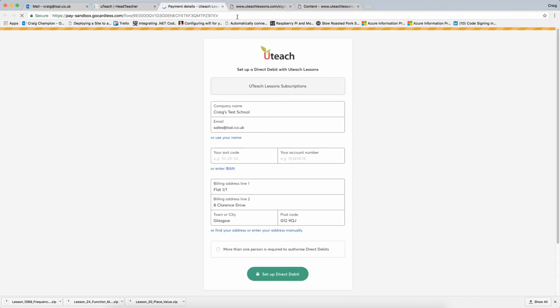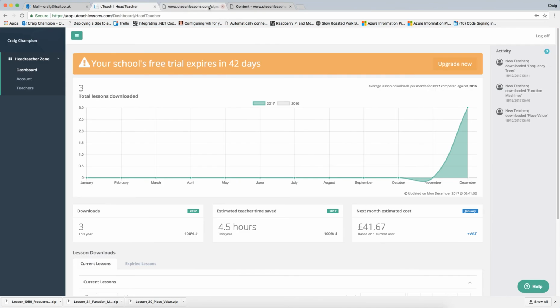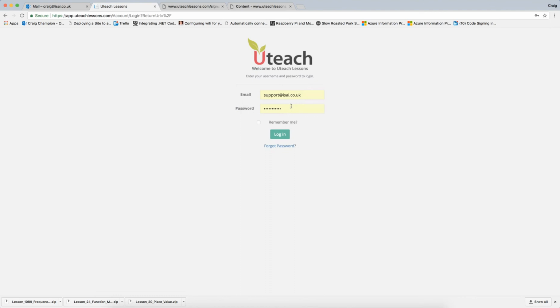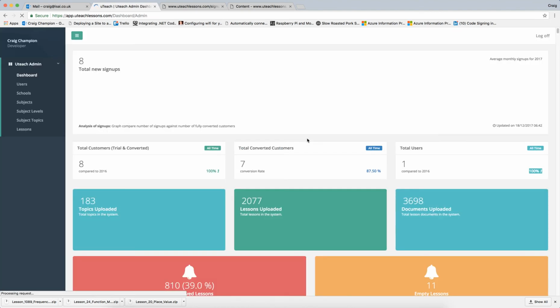Again, if they click upgrade now, they set up that, it will ping. This won't actually do anything at the moment because it's not live. When that's set up, they will redirect to here, and then this will disappear, and they'll be moved in to a cost on that. So now if we just log back in as admin,